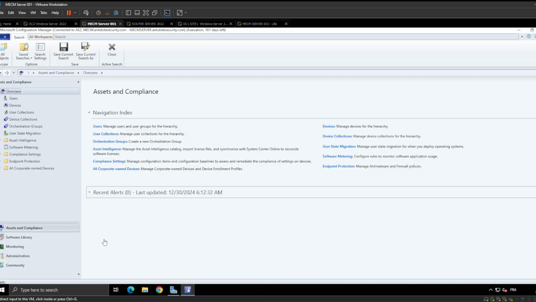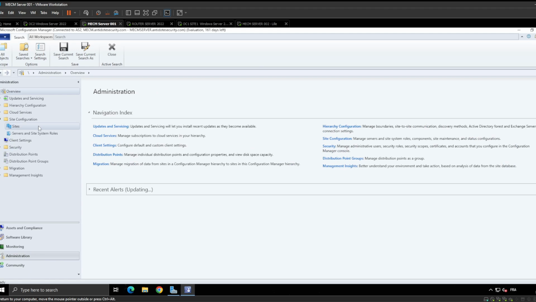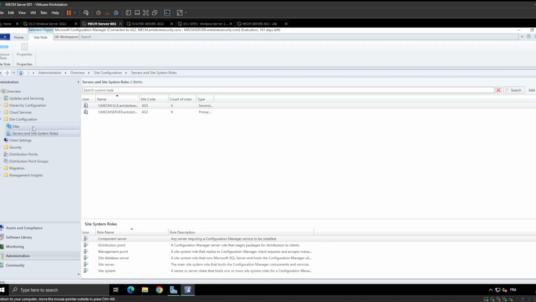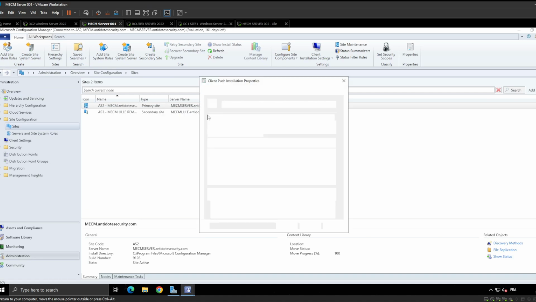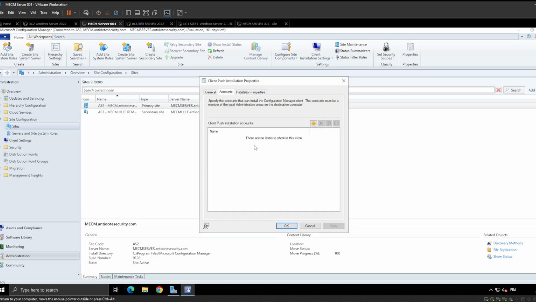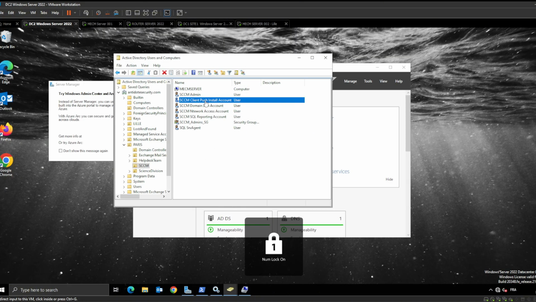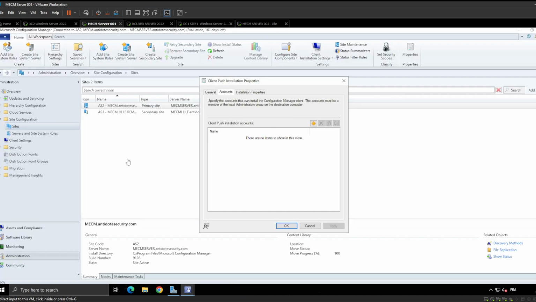Look, guys, why I'm showing you this is because I think I made a mistake. I forgot to plug this one, sorry, in my new SCCM server. Okay, and if I go here, you see, I forgot to add this actual SCCM client push user. And do you know why it works? Because look guys,